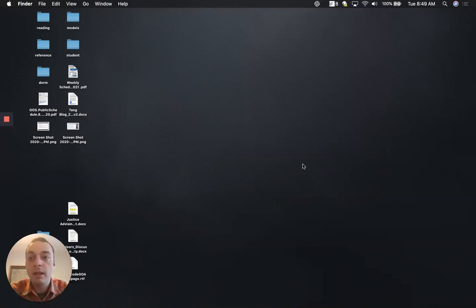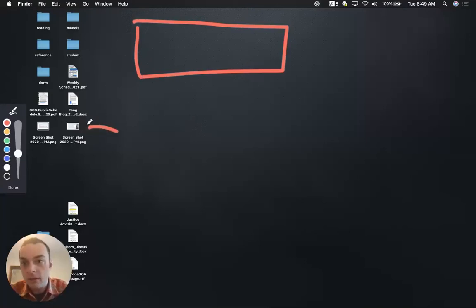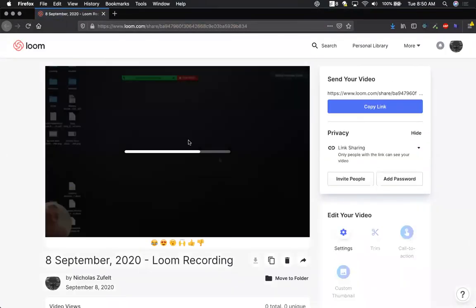So now I'm recording on Loom, and you get some different controls over here. You've got something to just kind of change the video around, and to stop the recording, we'll push this at the end. You've also got a little pencil here, so you can draw boxes around things, or you can draw little arrows in the middle of a video that you're recording. And then when you're done with your recording, you push the stop button, and it immediately, like all I did was push the stop button, and now it comes over here and I've got this video that I can now